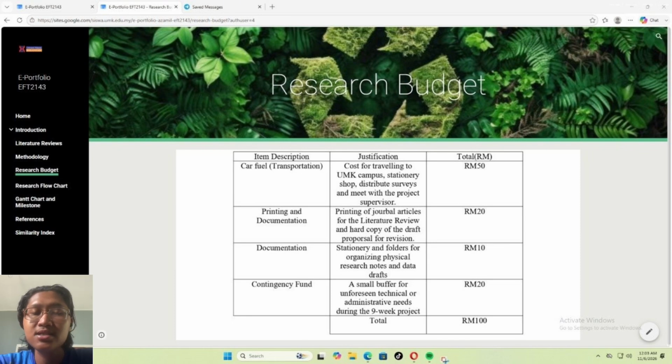Printing and documentation, RM20 for printing journal articles for our literature review and a hard copy of the draft proposal. And the documentation, RM10 for basic stationery and folders to organize my physical research work. And lastly, a contingency fund of 20 ringgit serving as a small buffer for any unforeseen technical or administrative risks.